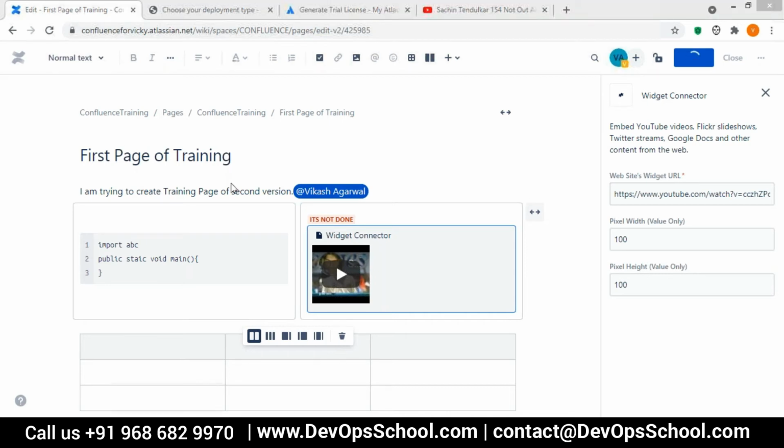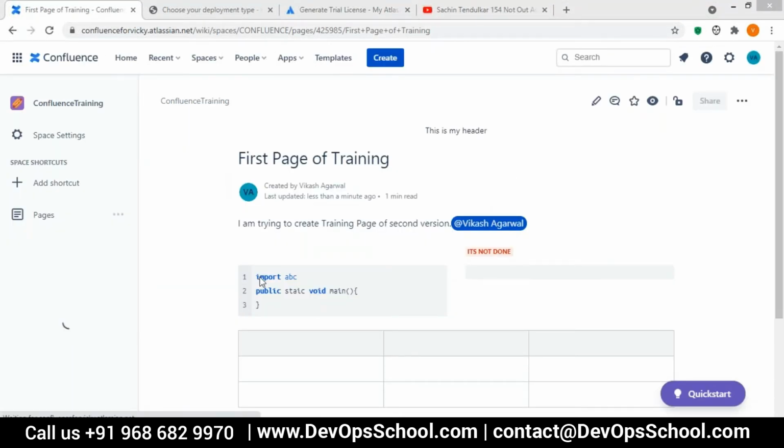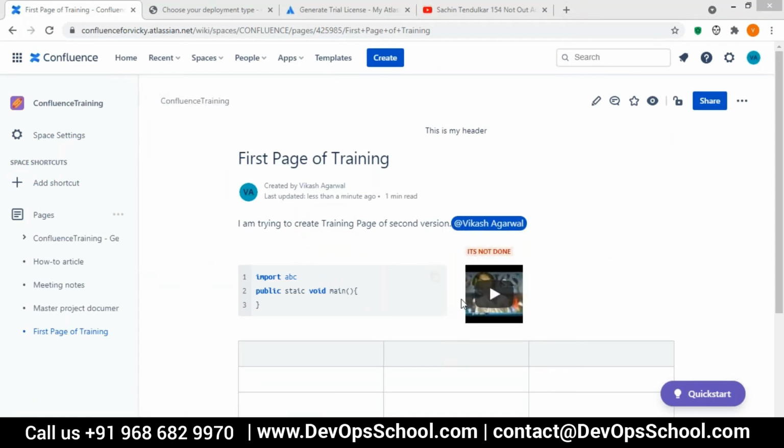So in this way, you can add a video to your page if you want. You can see this video has been inserted into your page, and you can resize it if you want. I have just marked it 100 cross 100, so this is the size it is showing right now.